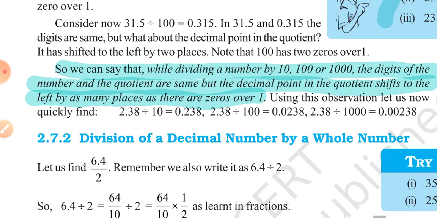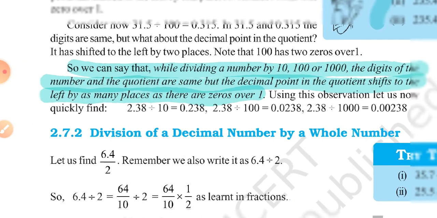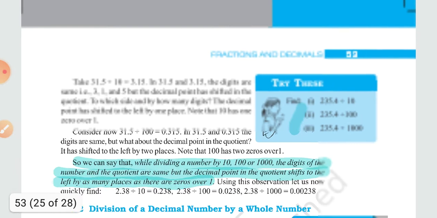For example, 2.38 divided by 10. In 10 only one zero is there, so the decimal point will shift towards the left by one place. So it becomes 0.238. Now students,